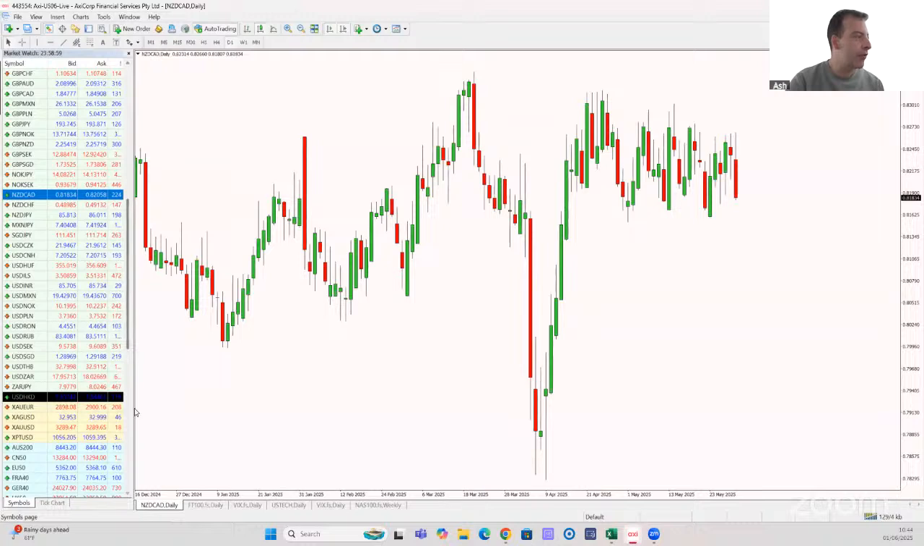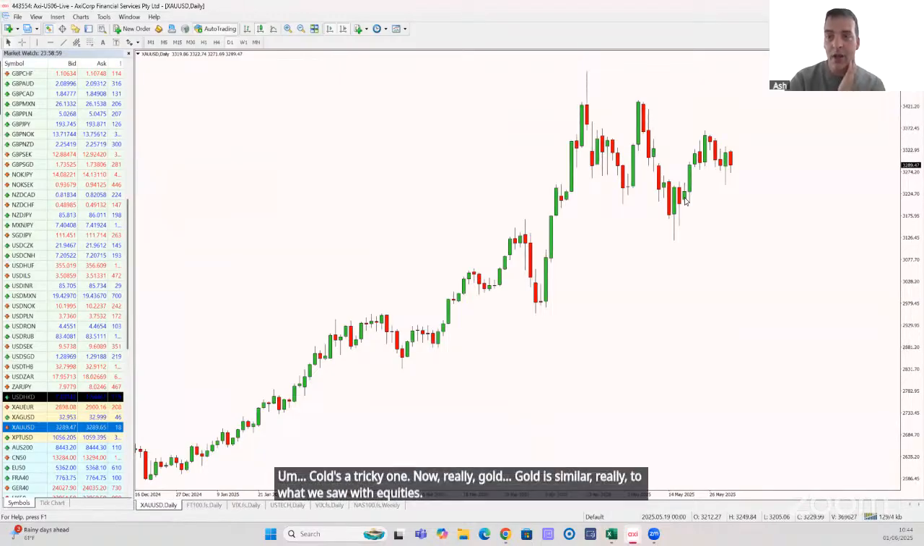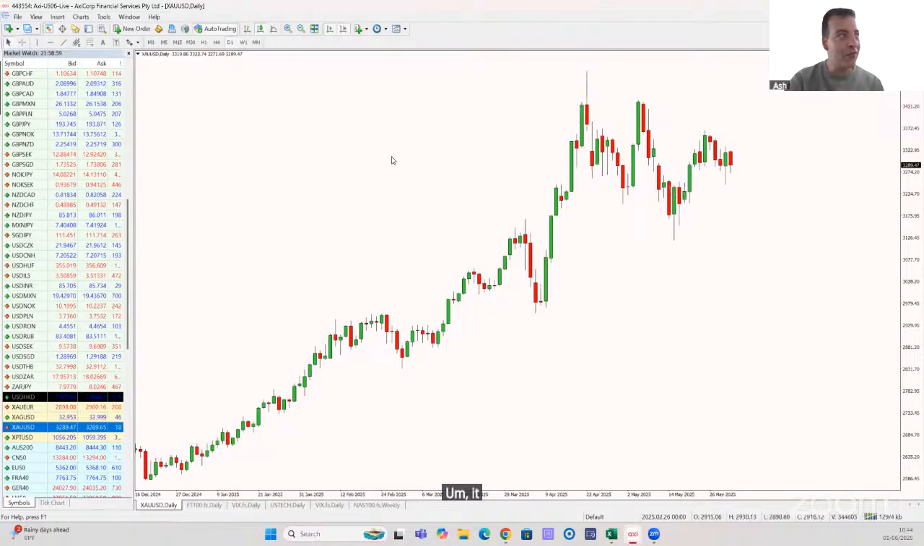Gold's a tricky one. Now, really, gold is similar to what we saw with equities. It's all about the time frame, because when you look at gold,